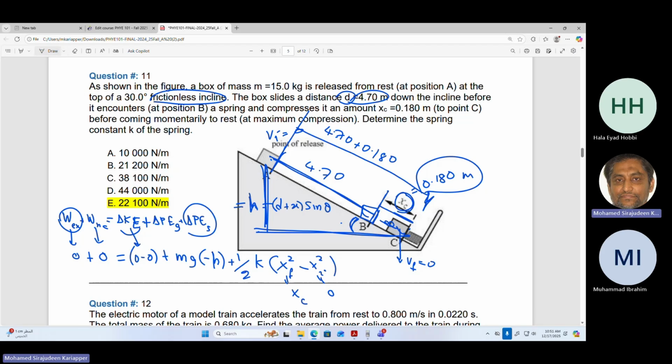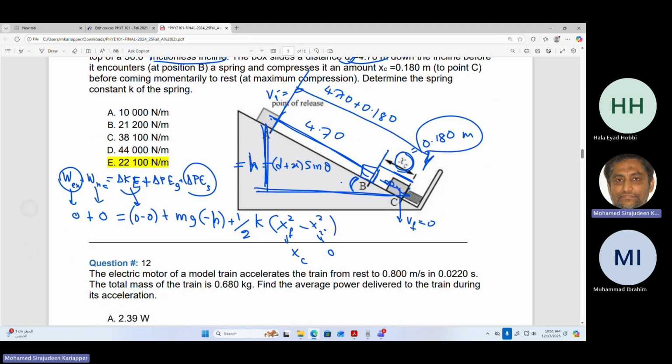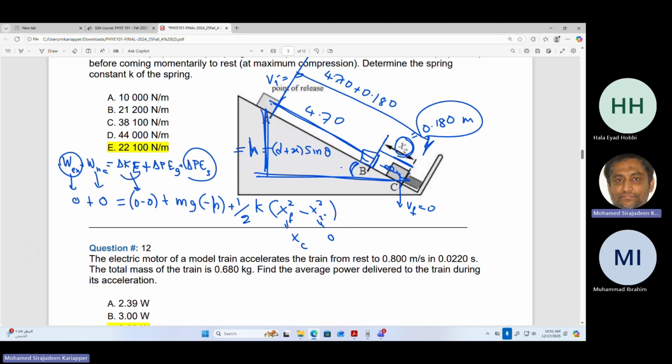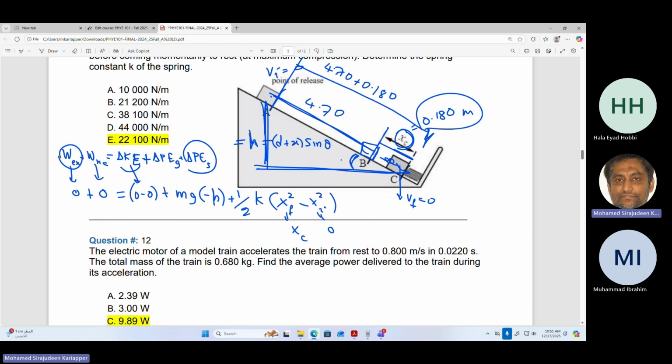I need some space to write 4.7 plus 0.18, d plus x. H will be that much. So here, we can have a kind of a shorthand shortcut. Because sine theta is equal to opposite divided by hypotenuse, that will make the opposite side equal to hypotenuse multiplied by sine theta. So minus mgh is equal to half k x